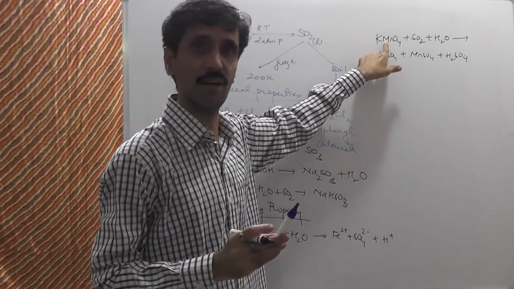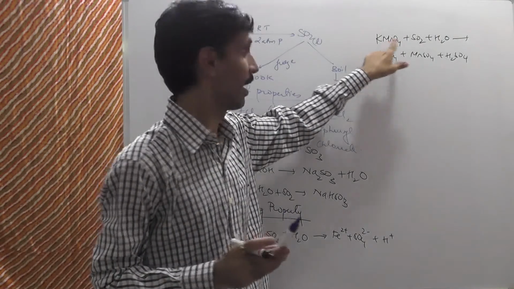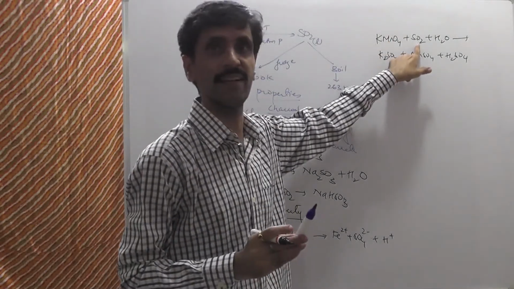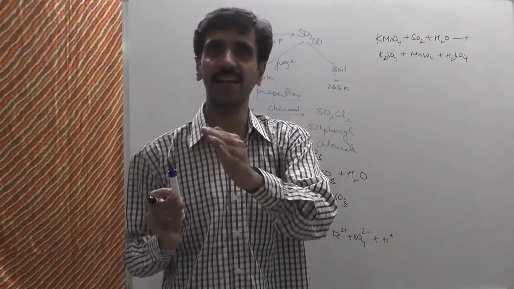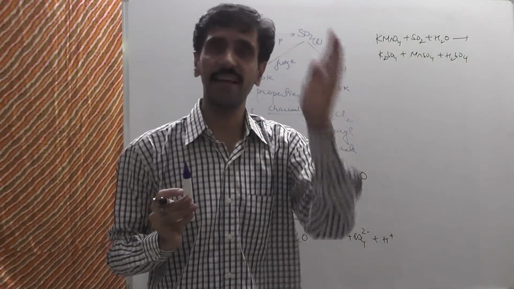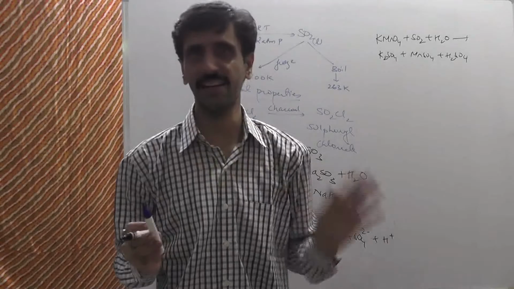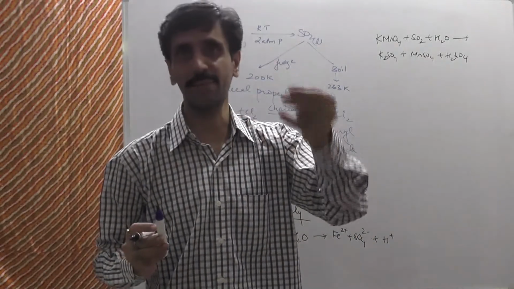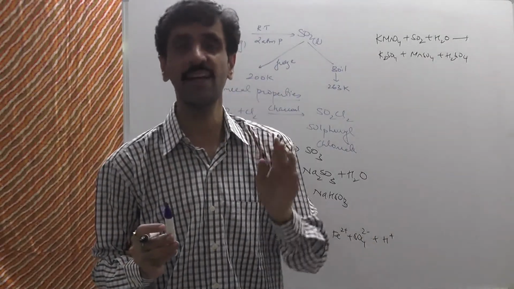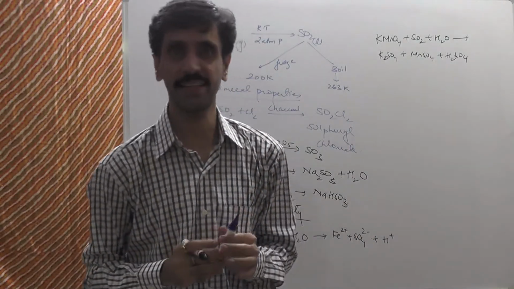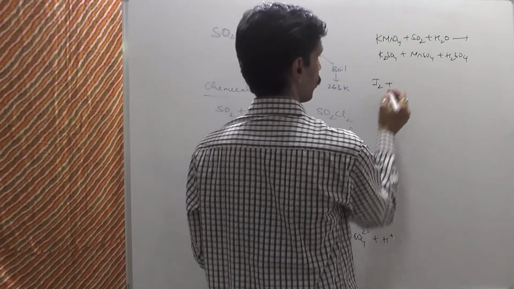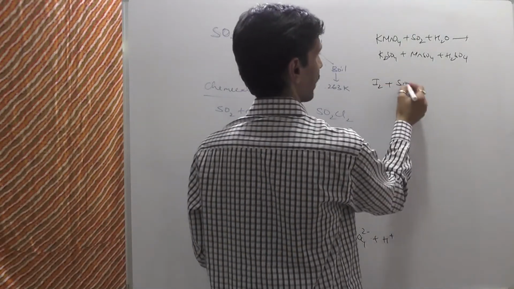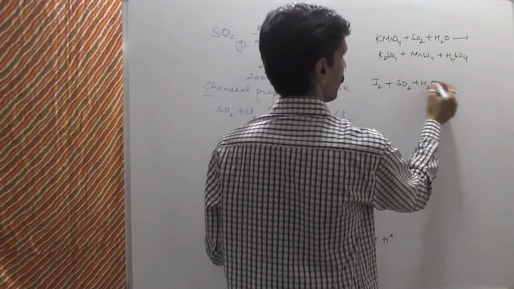ओके, ये एक ऑक्सीडाइजिंग एजेंट है, यानी दूसरे का ऑक्सीडेशन होगा, खुद का रिडक्शन होगा। And SO2 यहाँ पर will behave as a reducing agent. जैसे एक एसिड के साथ हमेशा बेस रिएक्ट करता है, वैसे ही एक ऑक्सीडाइजिंग एजेंट के साथ एक रिड्यूसिंग एजेंट रिएक्ट करता है। दो रिड्यूसिंग एजेंट साथ में रिएक्ट नहीं करते, दो ऑक्सीडाइजिंग एजेंट साथ में रिएक्ट नहीं करते, ये याद रखिएगा आप लोग।